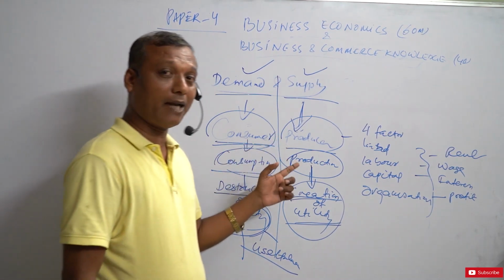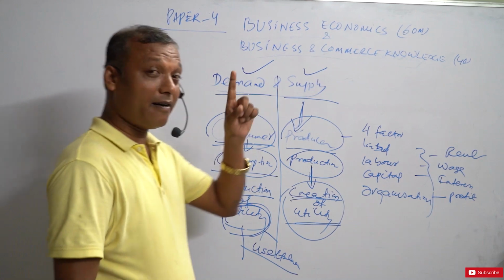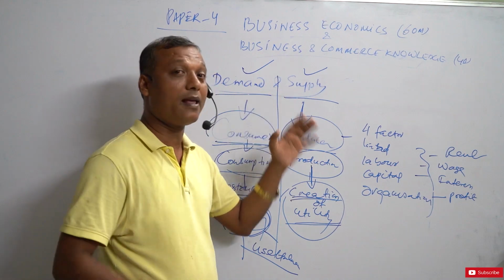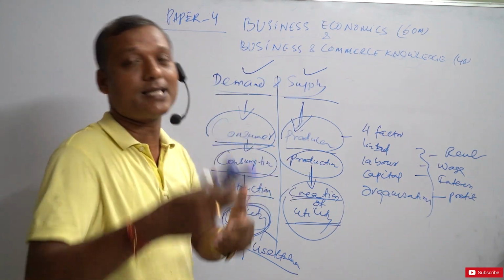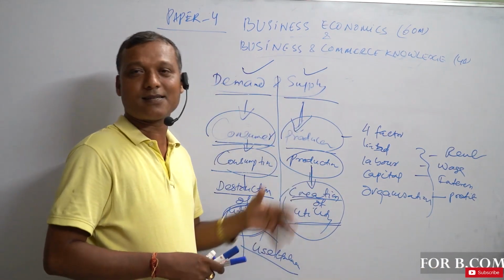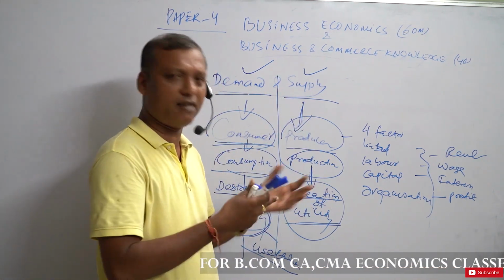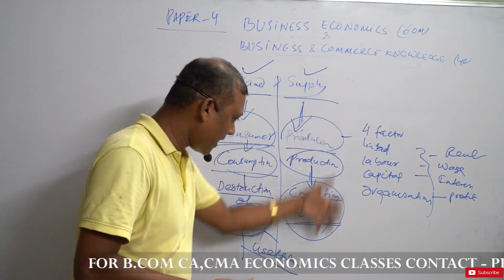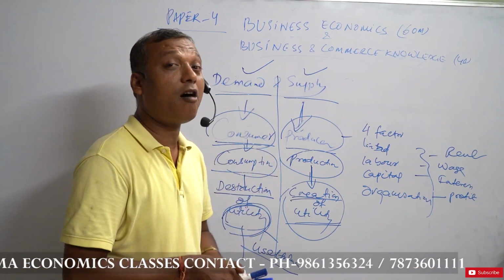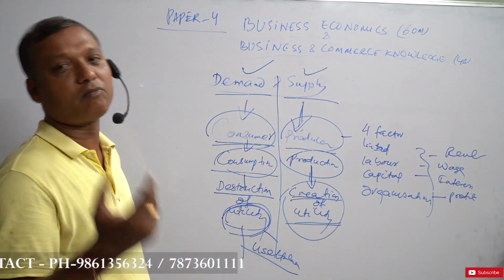And the objective of the producer is to get maximum profit. You understood? Right from the starting, I told you that consumer, producer, demand, supply are purely contradictory, opposite concepts to each other. To understand demand and supply, you should understand the entire process. Then only will you feel very interested and find it very easy to understand. But you should get all the fundamentals clear. Consumers have the objective of getting maximum satisfaction, and producers have the objective of getting maximum profits.